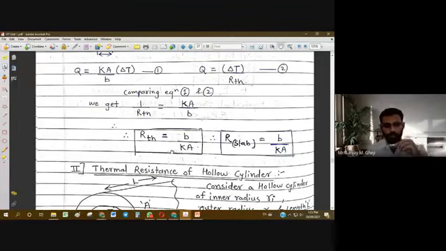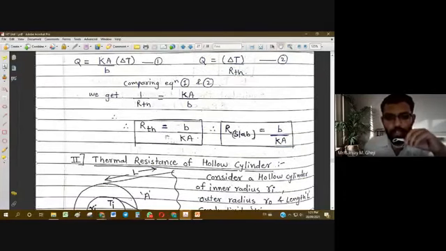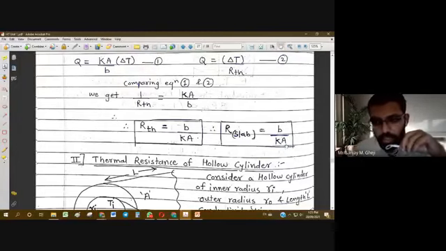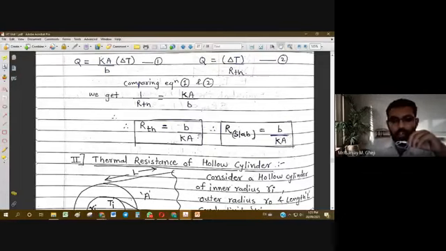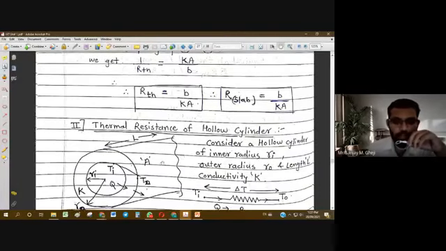So this is a standard formula that you have to understand, and you have to remember it well. Thermal resistance for a plane wall is directly given by B upon K. So R slab or R wall is equal to B upon K. Again we have to use SI units. So B will be in meter, K will be in watt per meter Kelvin or watt per meter degree Celsius, and A area will be in meter square. Now, when we put this all together, we get thermal resistance unit as degree Celsius per watt or Kelvin per watt.